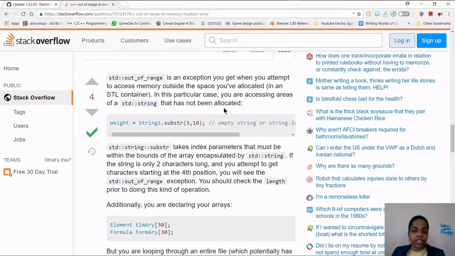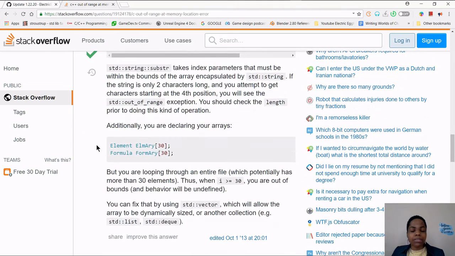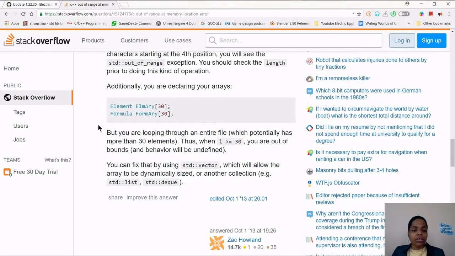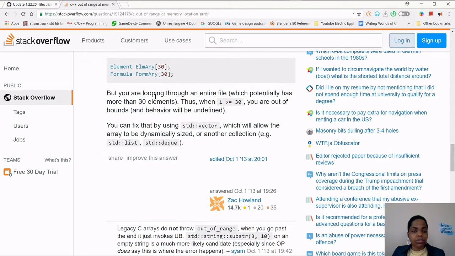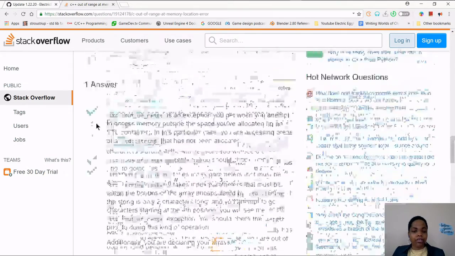In this particular case, you are accessing areas of a std::string that have not been allocated. It takes index parameters that must be within the bounds of the array encapsulated by a std::string. If the string is only 2 characters long and you attempt to get the character at the third position, you receive the exception. You should check the length prior to doing this kind of operation. Okay, so